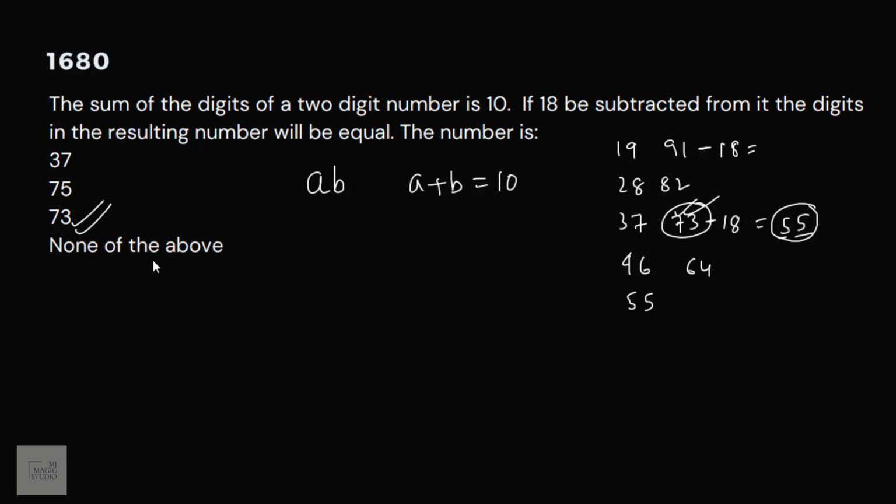We can also work this out with the options, don't worry. But since none of the above was given, that's why I haven't looked at the options. We just draw all the possible numbers, deduct 18 from it and be quick with understanding what kind of answer you would be getting. 73 minus 18 will give 55. That means the required number which we are seeking is 73 and that is in option C. So answer is 73.